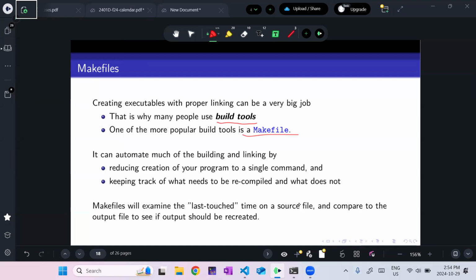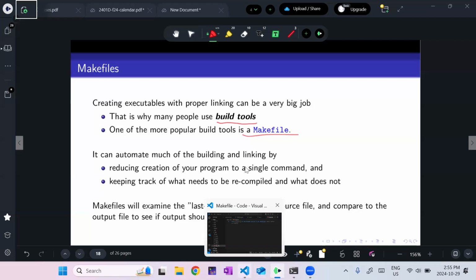What the makefile does is it keeps an eye on the dependencies, right? So it makes sure that it doesn't just rebuild everything, it only rebuilds the things that it needs to. And how it does that is it checks the executable or the object file and sees the last time I touched it and compares that to the last time some source code file was changed. And so we define what these things depend on, right? So we're going to make a makefile.